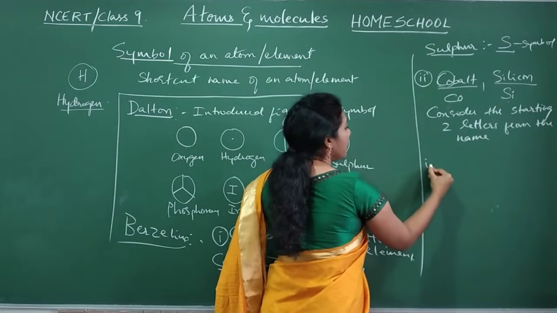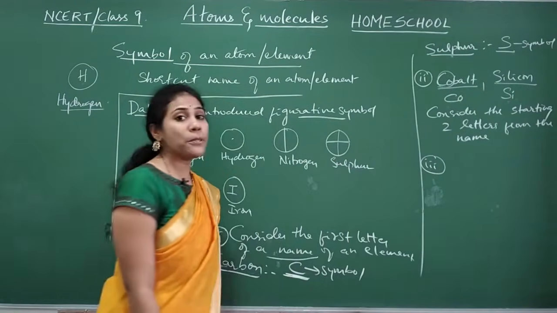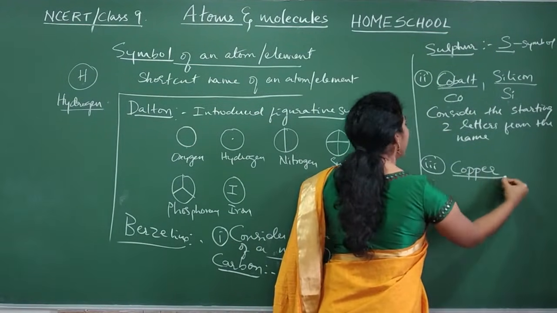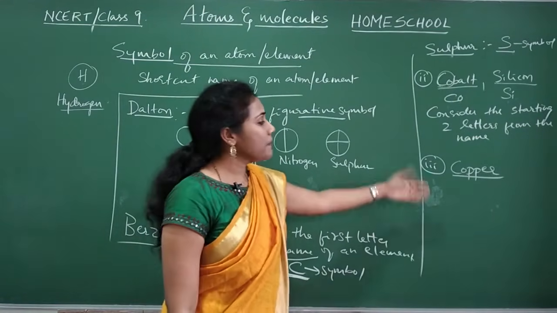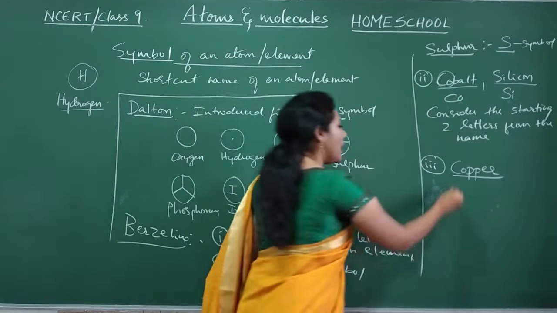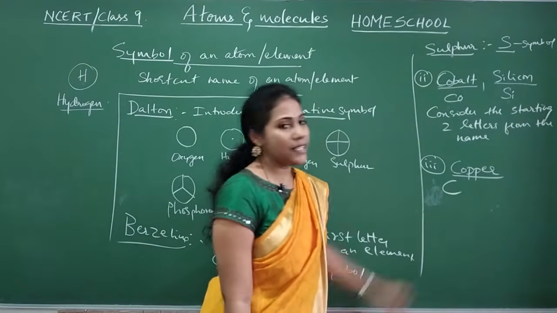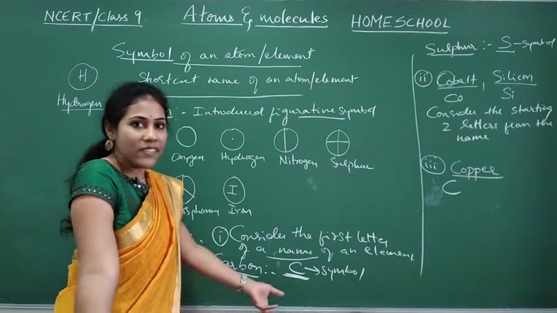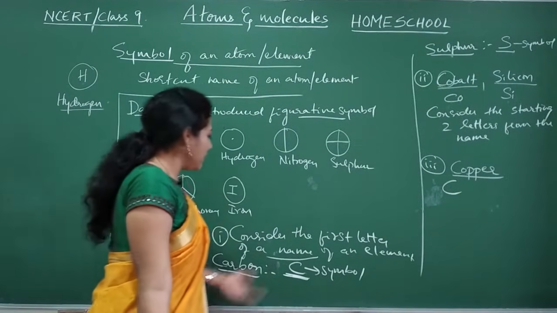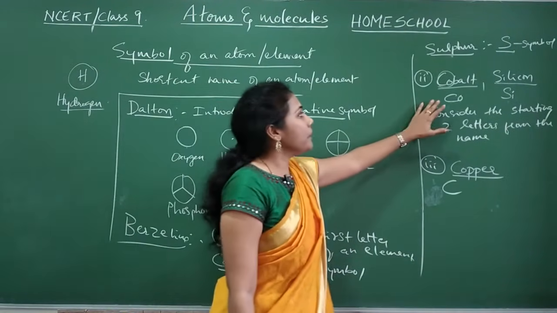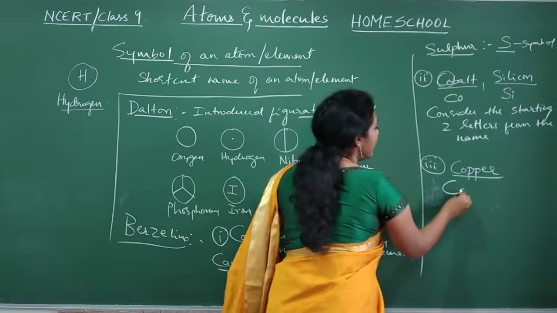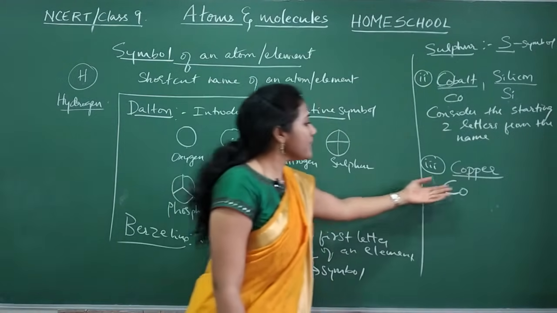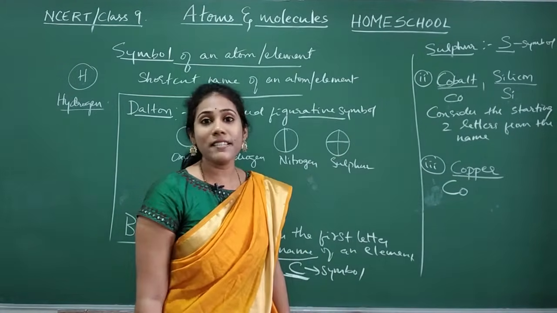And the third point was, again, a problem comes. You have an element called copper. You have an element called copper, guys. What is the symbol you will allot for copper? You can't give C, just the starting letter. If you consider C, it is already there for carbon, no? You will get confused. Two elements cannot have the same symbol. Fine? C was already given for carbon. Come to the second point. In that case, starting two letters, if you consider Co, it becomes Co, the symbol for cobalt already. Yes or no? Then what is the symbol you will give for copper in that case?